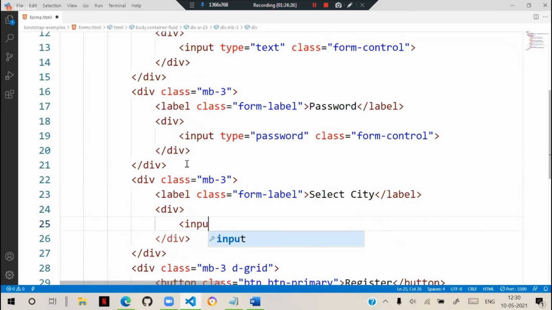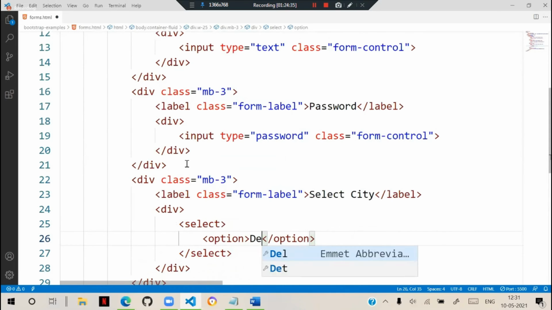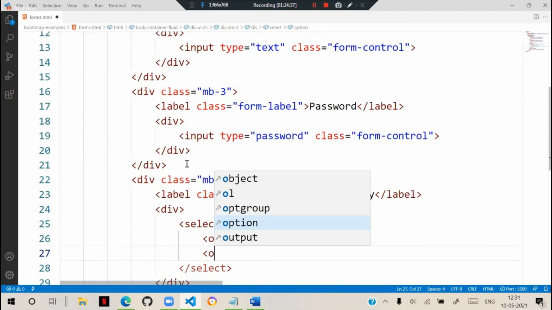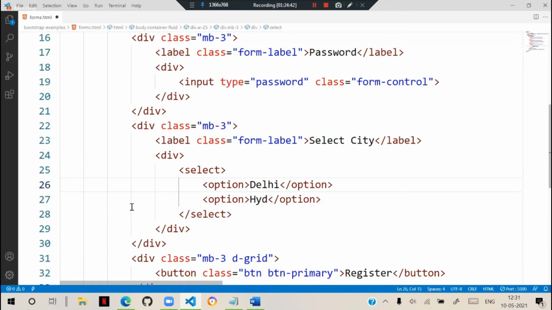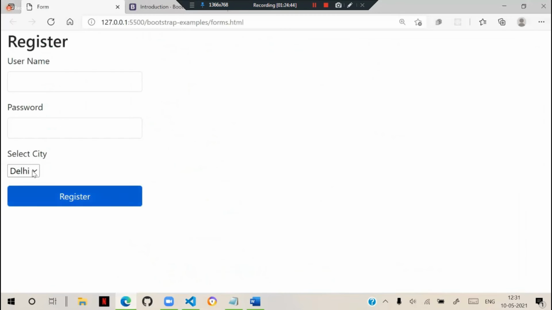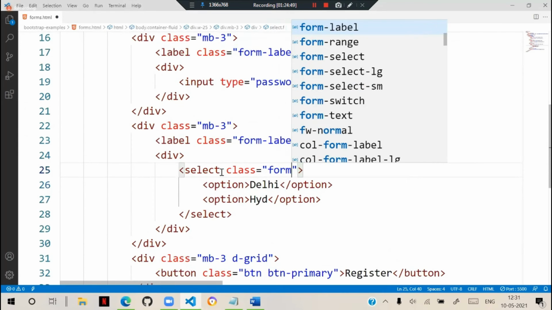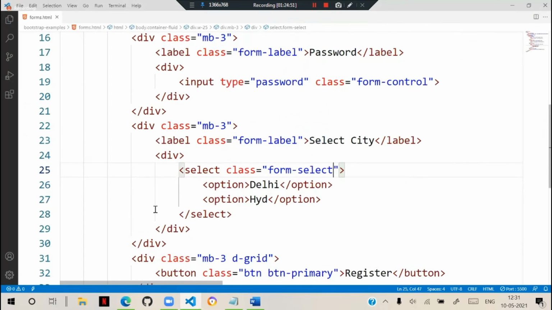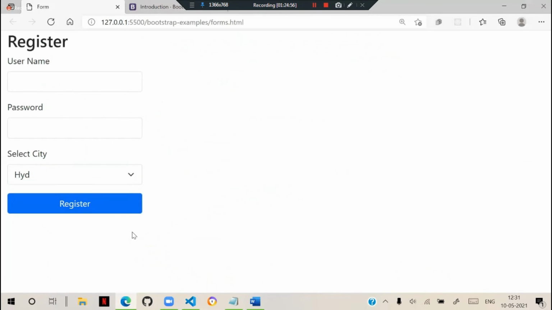So the tag is not input, it is select. And we have options: Delhi, Hyderabad, like this. And what is the best option for that? Generally, the drop down looks normal. And here we need to use the class form select, which is the new one. That will give the drop down a good appearance also. Now your forms will be better.